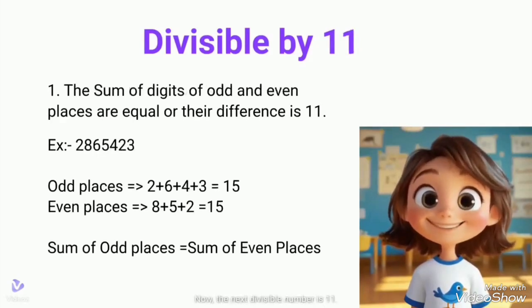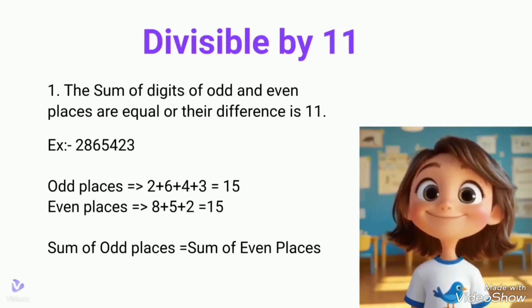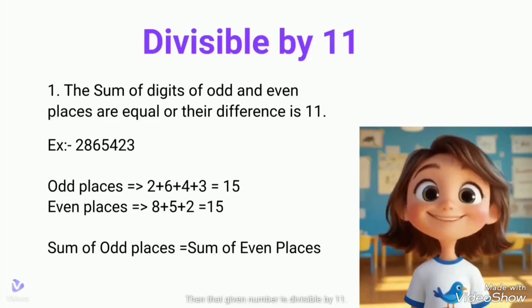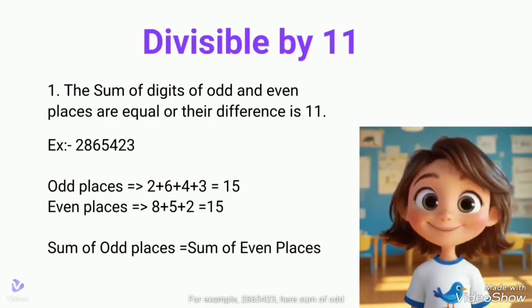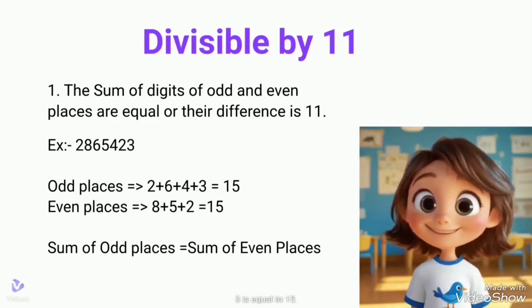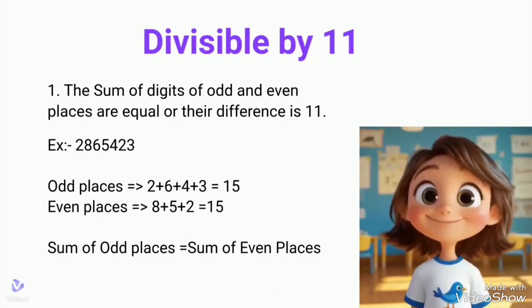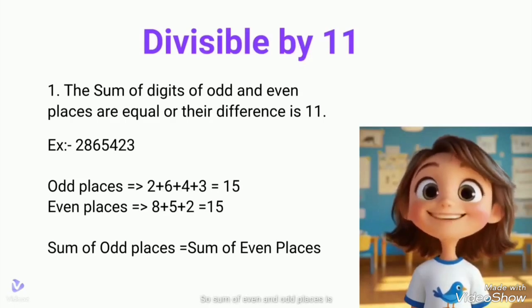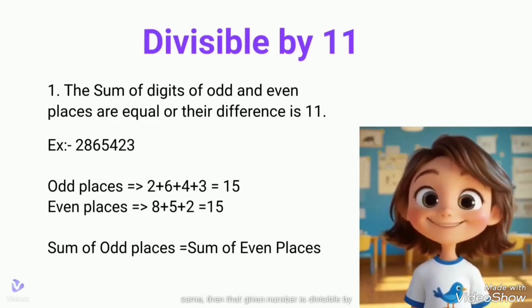Now, the next divisibility is 11. If the sums of digits at odd and even places are equal or their difference is 11, then that given number is divisible by 11. For example, 286543. Here the sum of odd places is 2 plus 6 plus 4 plus 3, which is equal to 15. And the sum of even places is 8 plus 5 plus 3, which is equal to 16. Hmm